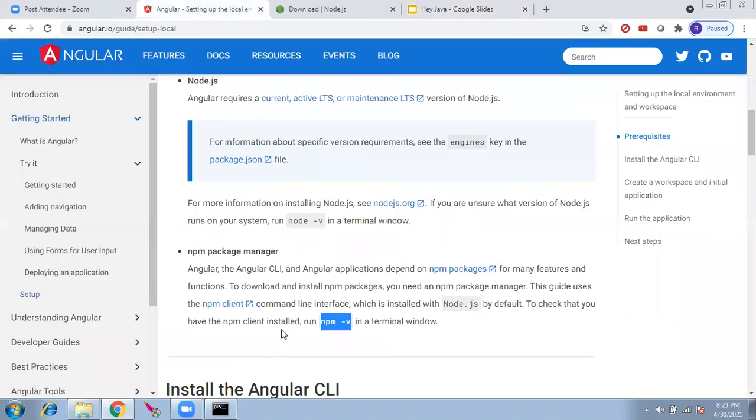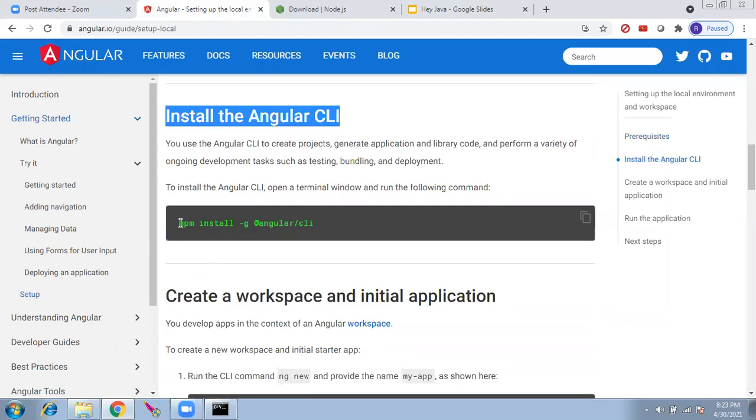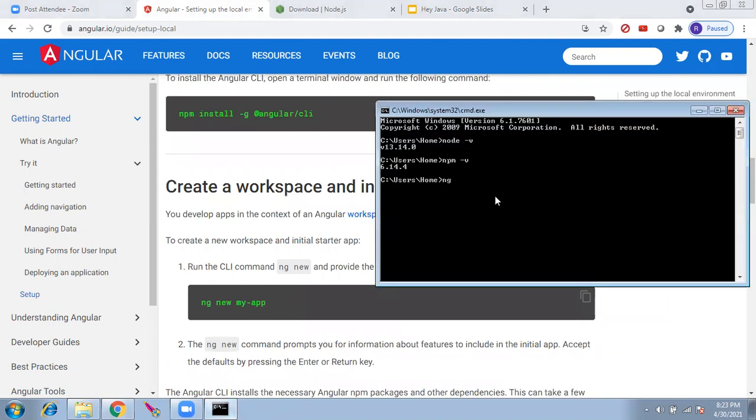Now let's go into that and install the Angular CLI. You use the Angular CLI to create, okay, these theories are okay. We'll come back later. npm install -g @angular/cli. G is global. Once you install this, you have to check whether it is installed. ng version.